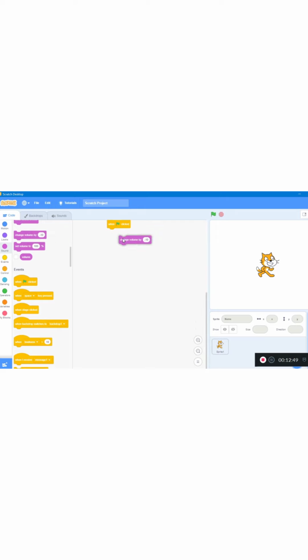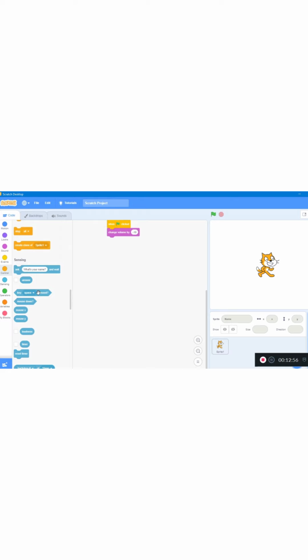This one is called a stack block. Next is the Boolean block, where we can apply a condition. Next is the reporter block. You can see this block is like a circle, a quite large circle.